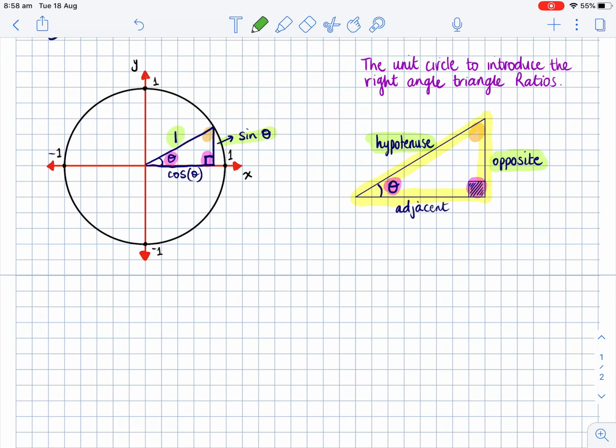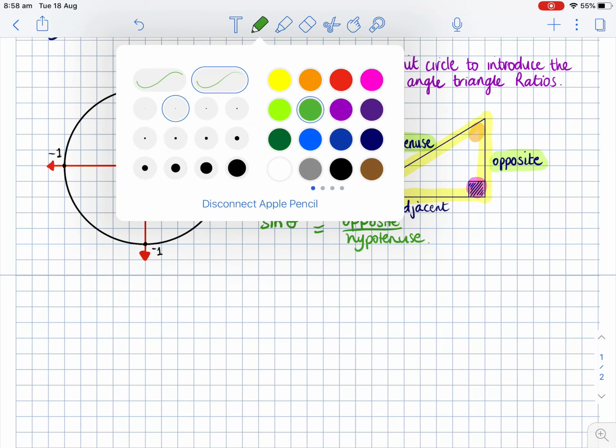So what that gives me is the ratio of sine theta divided by the hypotenuse, which is 1 in the unit circle, has to be equal to the opposite side divided by the hypotenuse in any other triangle that has the same angles. And hence, we end up with the trigonometric ratio for right angle triangles that sine theta is equal to the opposite divided by the hypotenuse. And if we repeat this for cos theta,